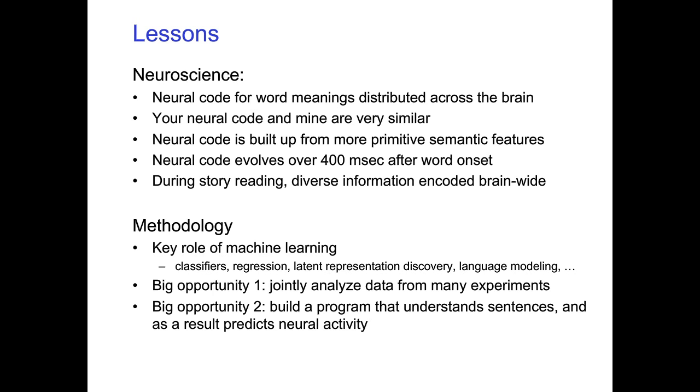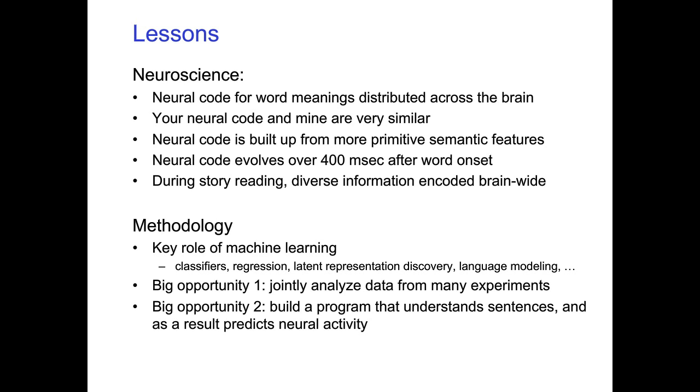But I just want to end on what I think are two very big opportunities. So if anybody out there is looking for a good research project or a PhD thesis, one of the huge opportunities is to develop some new machine learning methods that will enable us to simultaneously analyze data from many different people in many different experiments. We don't have those methods now, even though I have on my disk about 1,000 different data sets of different people doing different types of language-related activities while we're imaging them either with fMRI or MEG. Despite the fact that I have that data, I'm not smart enough myself to figure out yet how to build a machine learning method